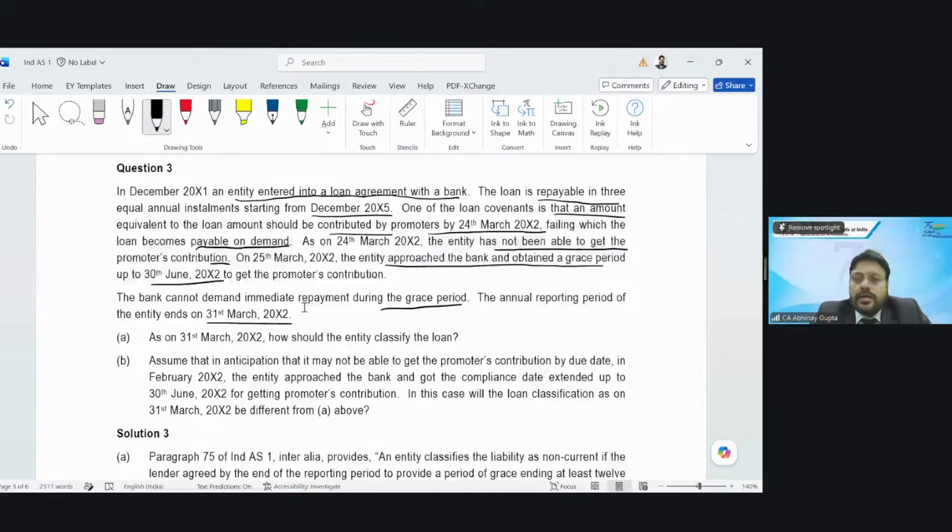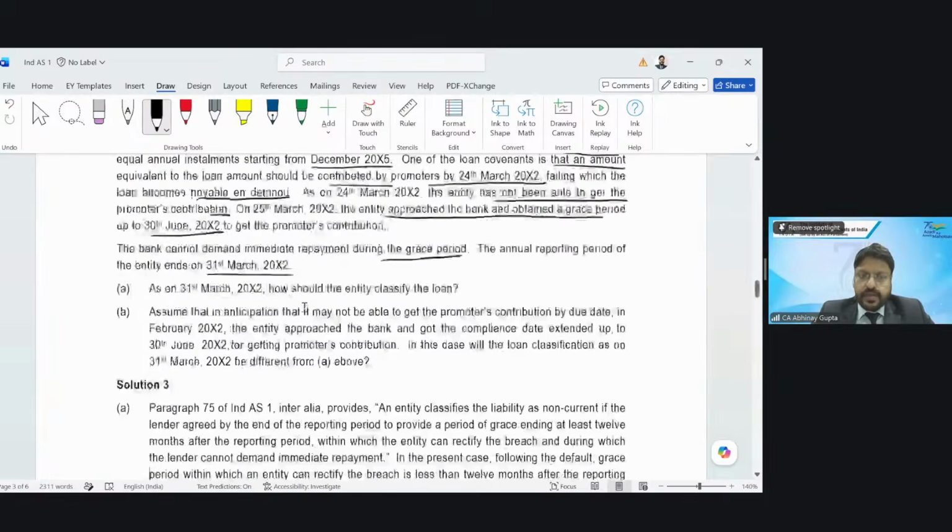So, when the extension has been sought on 25th March, on which date's balance sheet are we preparing? 31st March, right? So, extension was sought on or before 31st March, right? In this case, the extension has been granted, right? And the extension grants the period until 30th June 2002, right? So that is the situation. So in this case, what will happen? So here,